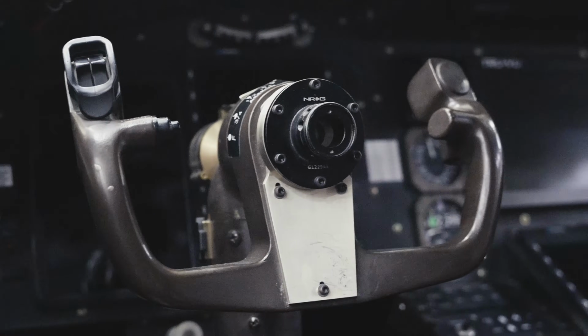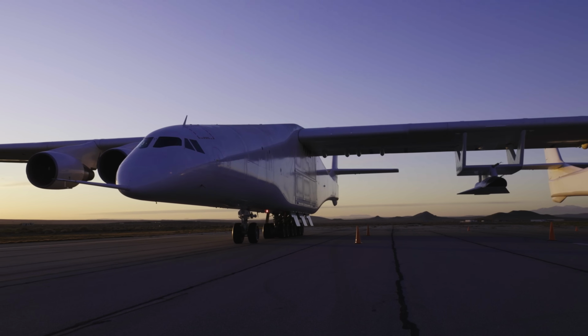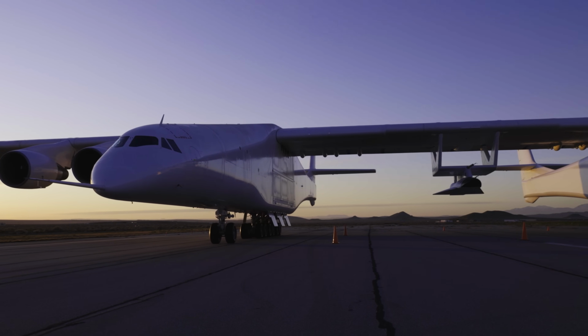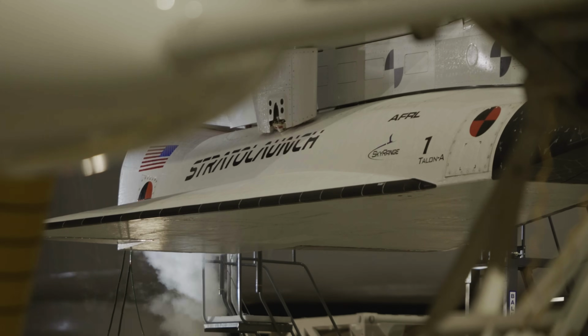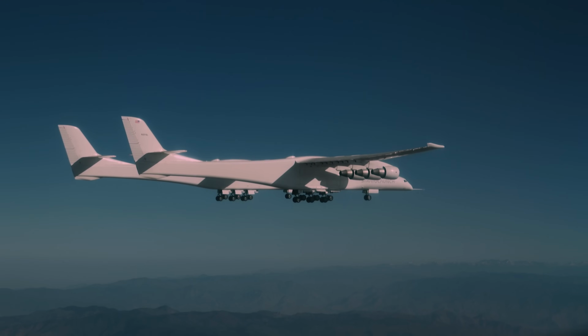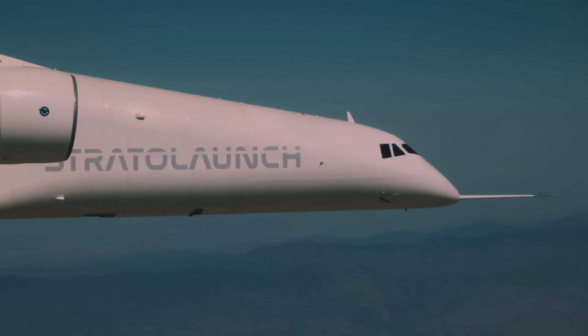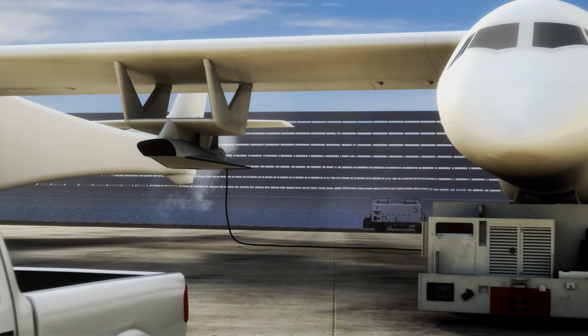When you're flying Roc, I mean, it's an incredible aircraft, but you're not just flying Roc. You have a whole other aircraft out there in the center line. You have Talon. What does that look like when those missions happen? So very choreographed with several interacting teams to get both aircraft off. Once we're airborne, we've been launching Talons over the water off the coast of California, and then we climb up and launch Talon. To get a better sense of what it's like to fly Roc on a hypersonic test mission,